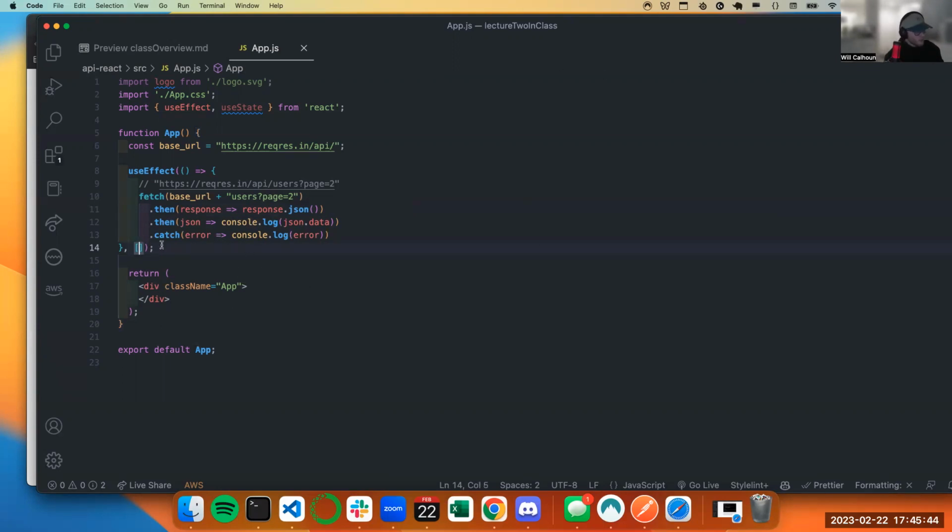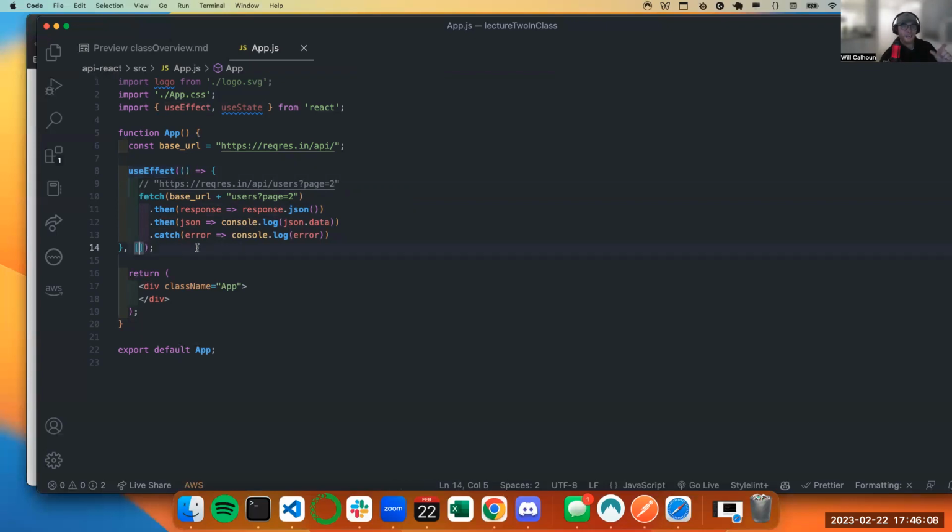What this is really doing, remember when I was talking about something being mounted or unmounted, or something being added to the DOM, is because we can have multiple useEffects. I can say, I want you to run this upon entering the DOM, when it's mounted. That's good.